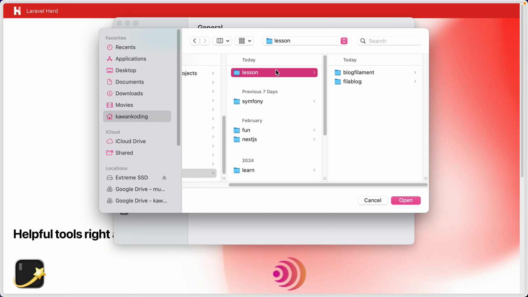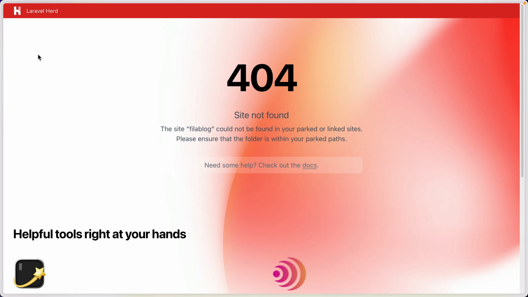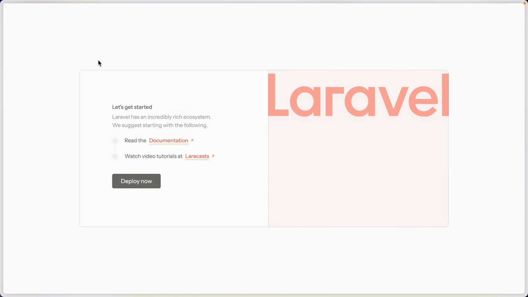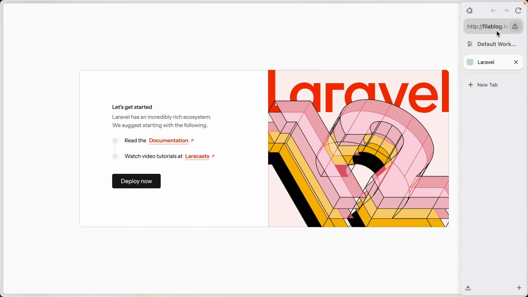Okay, add this directory to the Herd path, and refresh. Now we'll see the Laravel page.